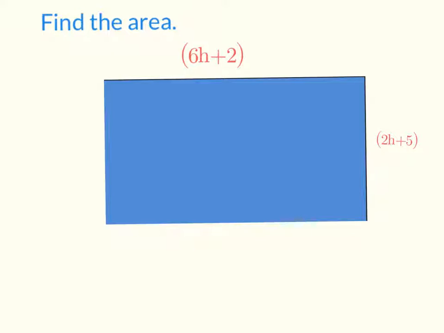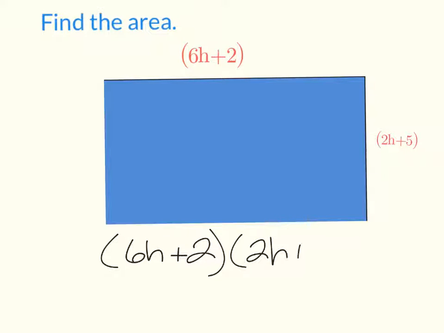So here, when we're finding the area of this, we're still taking the length times the width, but we have to make a multiplication problem that looks like this: 6h plus 2 times 2h plus 5. We would call this the FOIL method when I was in school. You would take the first ones